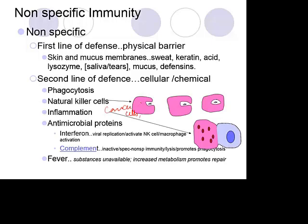The third type of second line of defense is what is known as inflammation. So I'm going to leave this for now, and we'll look at inflammation in a little bit more detail. So inflammation consists of, again, cells coming to that part, and the idea of inflammation is to make sure that whatever injurious stimulus has come in, it localizes it to one spot so it doesn't spread